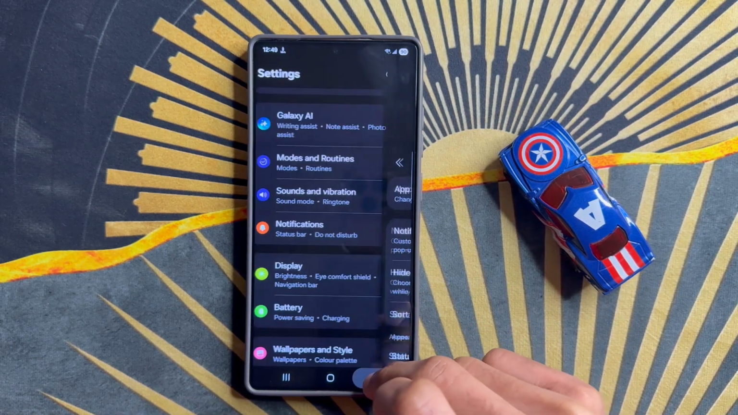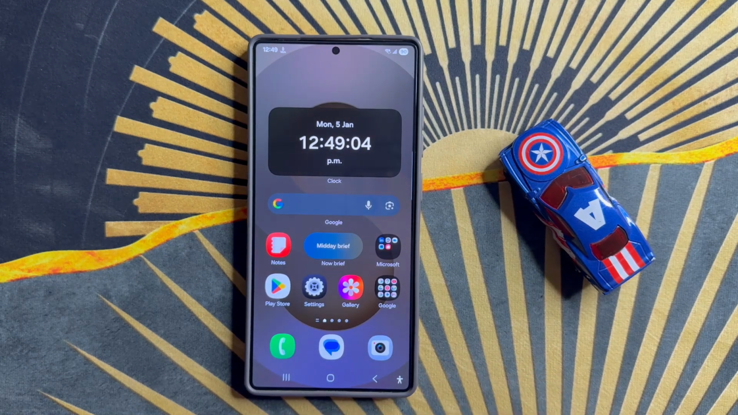After the process, go back to home screen. So that's how you can turn on or turn off edge lighting style for pop-up notifications on Samsung Galaxy S26